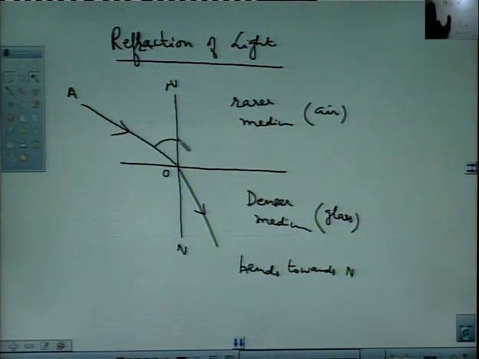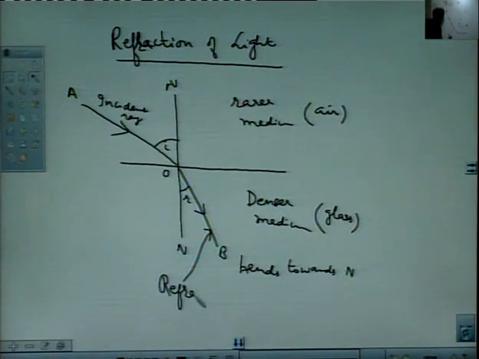This angle is called I, this angle is called R. This is called incident ray, this is called normal at the point of incidence O, this is called refracted ray,